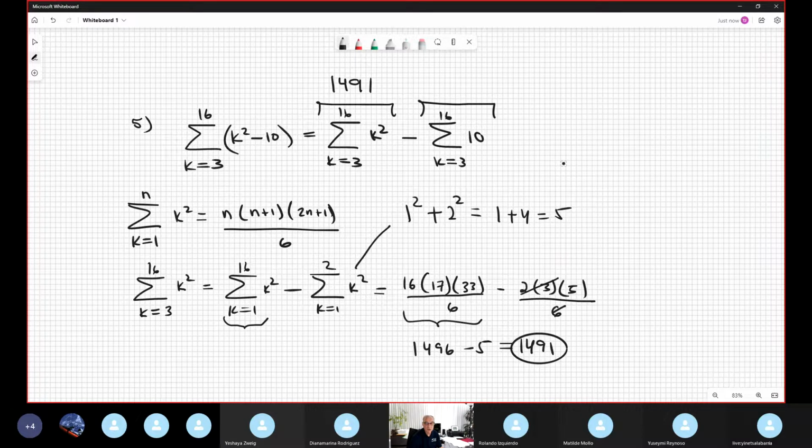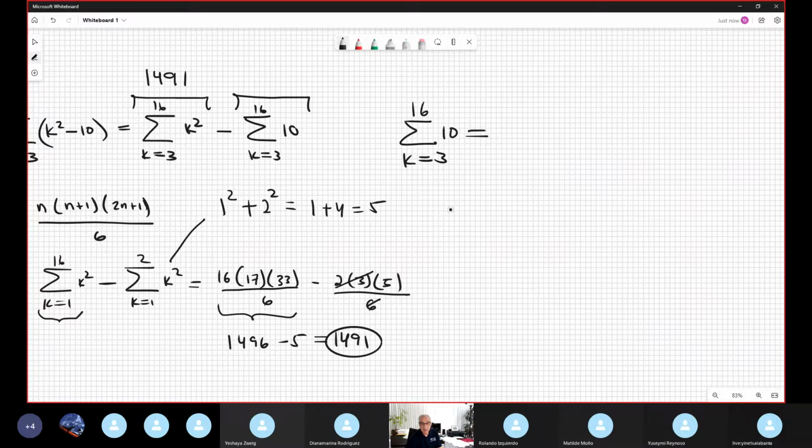You need to remember multiplication. Let me copy here separately: the summation from k=3 to 16 of 10 is the multiplication of 10 times something, so you multiply by the difference, 16 minus 3,